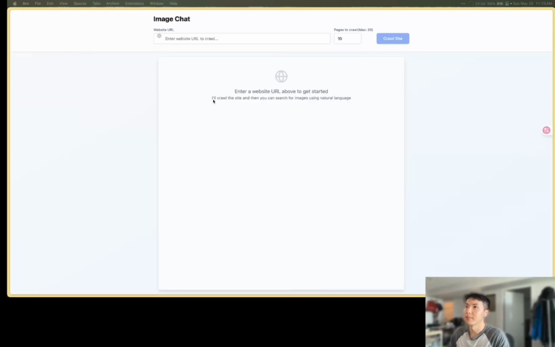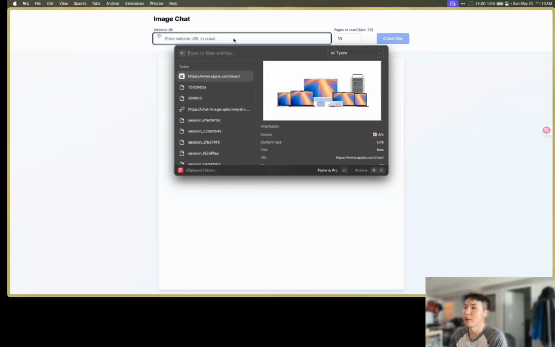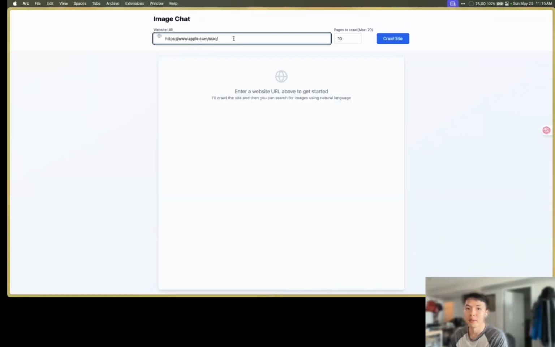Then let's get started. Okay, so you need to enter a website to crawl. Image Chat has a very simple interface. You can just enter a website to crawl that you want to chat about. Then the Image Chat server will be able to work on crawling, partitioning, and then load the images to our